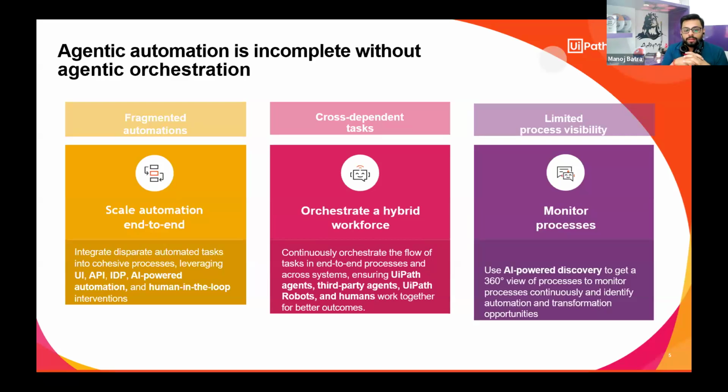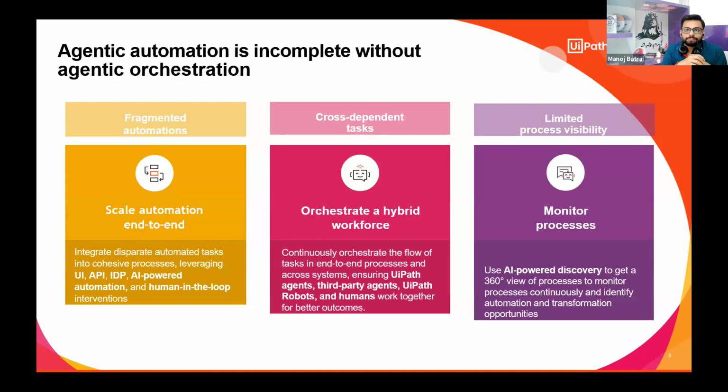And that better way, as you can see on the screen, is called agentic orchestration. Think of agentic orchestration as being your traffic controller for all your bots, agents, AI models, and humans. So instead of everyone doing their own thing randomly here and there, orchestration makes sure tasks flow properly from one part to the next, and that people, bots, and AI know when to step in. If there is any kind of problem with that flow, the problems get detected in the early stages and everything moves towards the final goal smoothly.